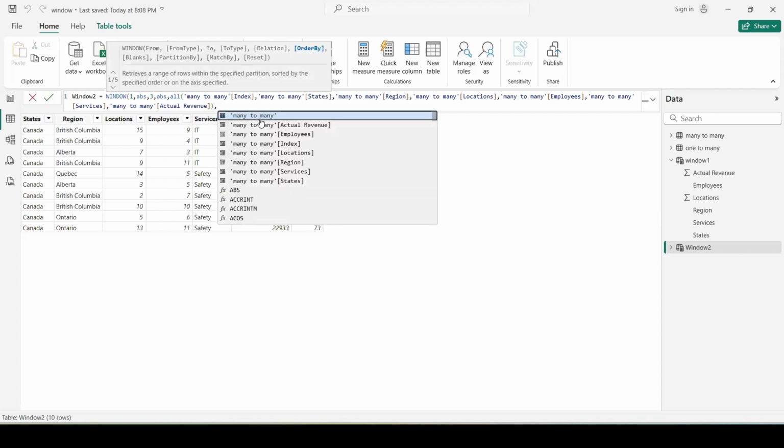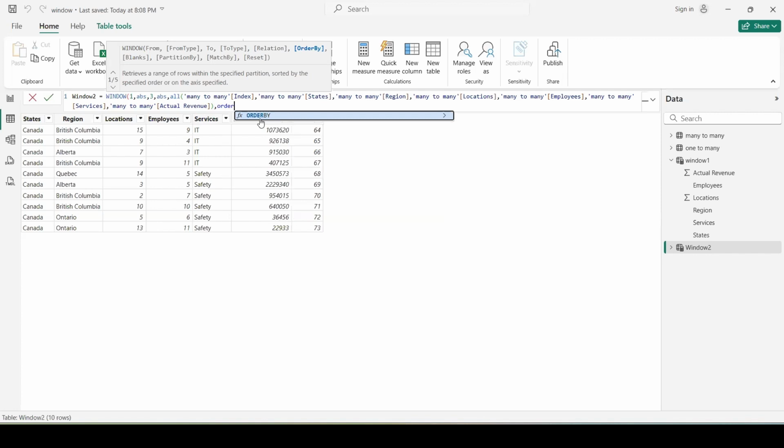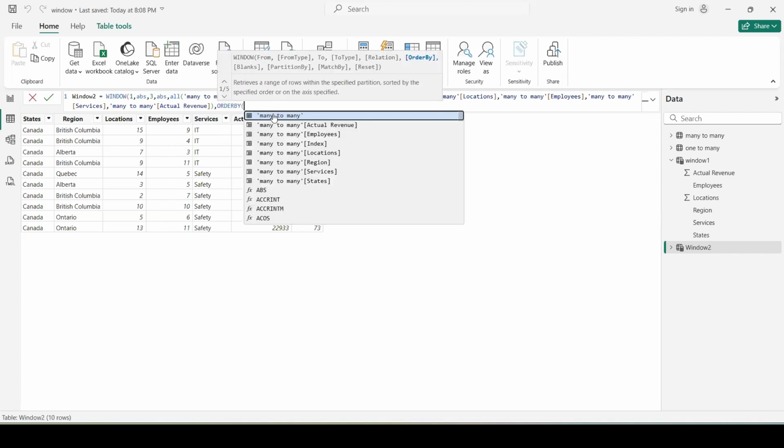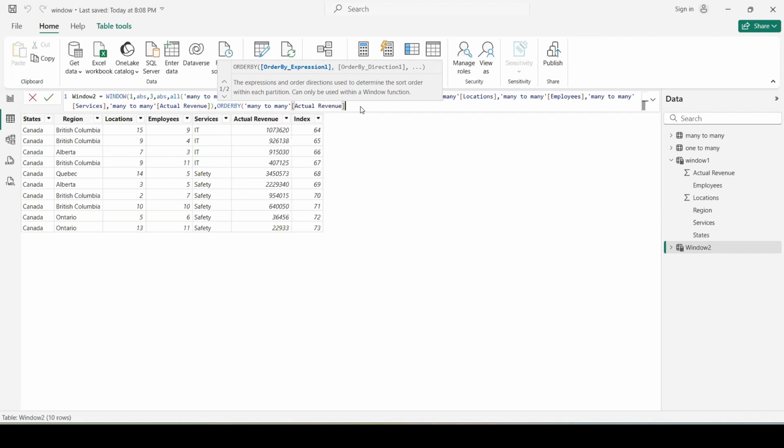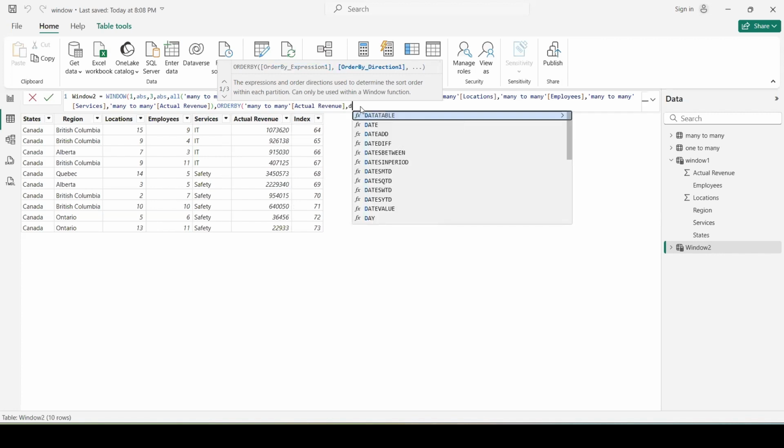So we need to order our data by actual revenue, because this is what we are interested in taking out, and we will say in a descending order because we want to take the top numbers, top figures.